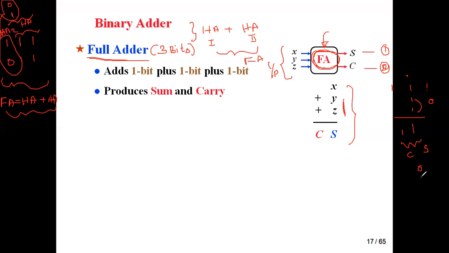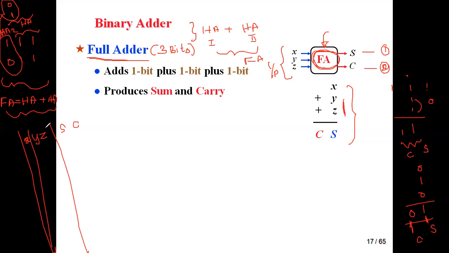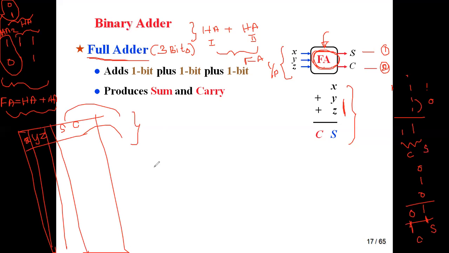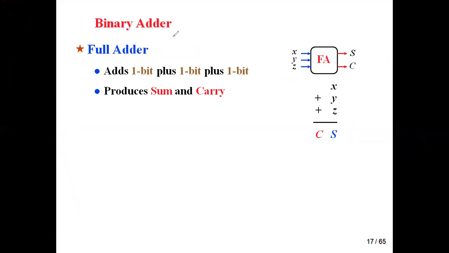Similarly, 0, 1, 0: 0 and 1 is added, giving 1. That 1 is again added with this 1. There is no carry set. So in this case, sum is equal to 1 and carry is equal to 0. With this logic, what is the next step? By using x, y, z as inputs, with outputs sum and carry, you have to draw the Karnaugh map truth table. Then for sum and carry, you have to draw the Karnaugh map reduction. That's all.